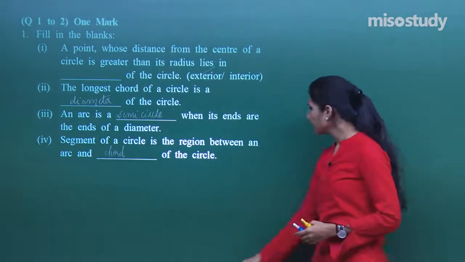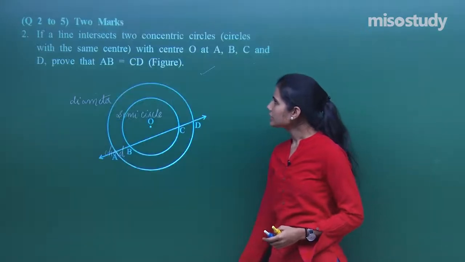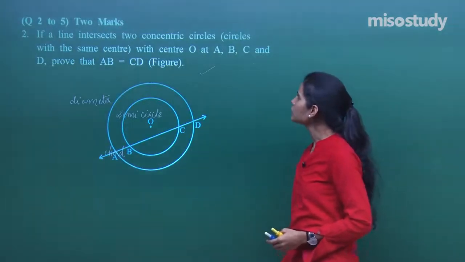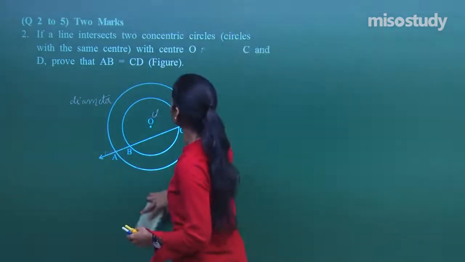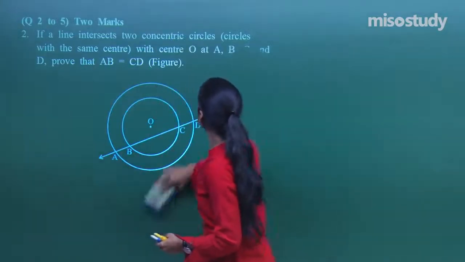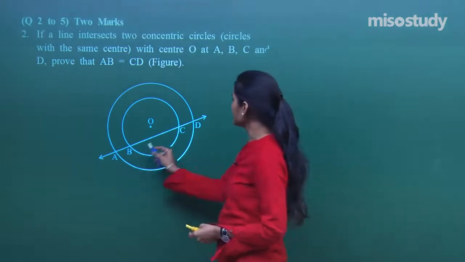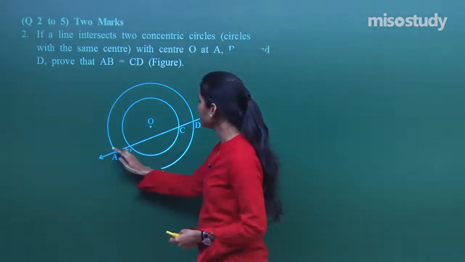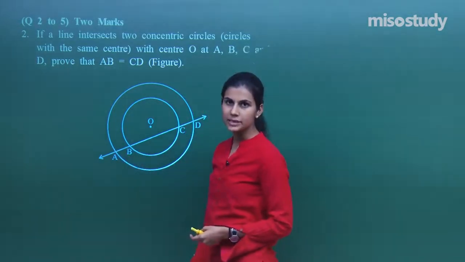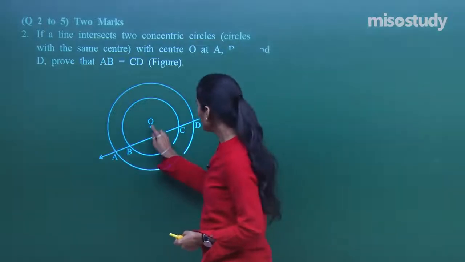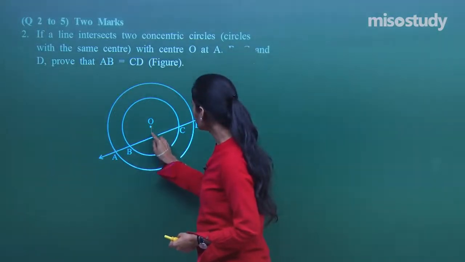Let's take a look at the next question. Next question says if a line intersects two concentric circles with center O at A, B, C and D, prove that AB is same as CD. I have to show this segment AB is same as the segment CD. That means their lengths are the same. If I drop a perpendicular from the center,